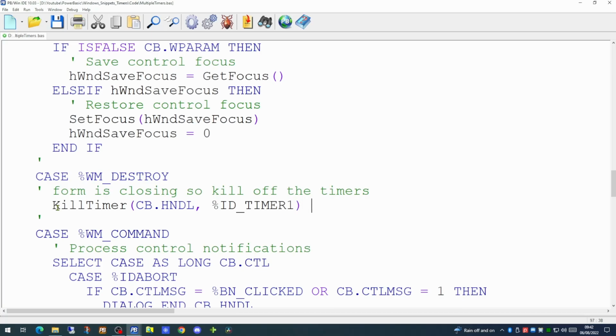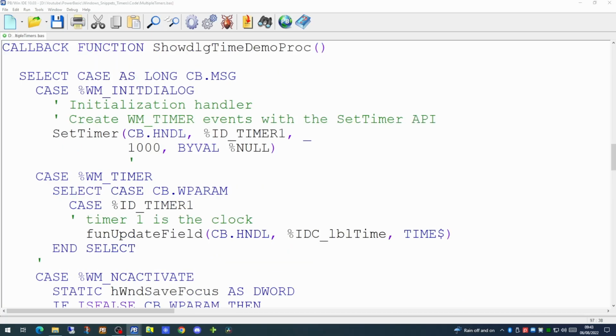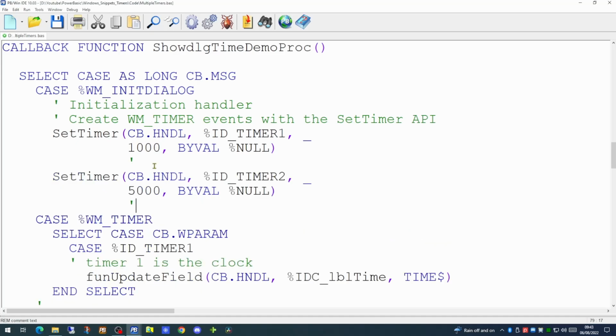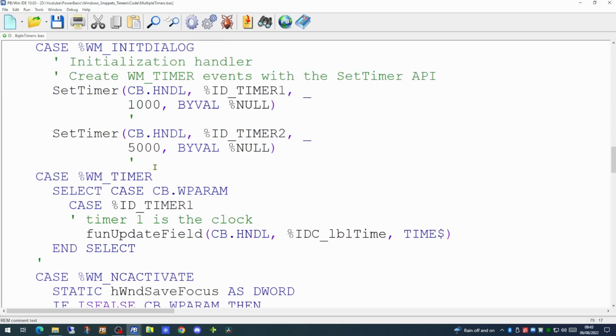So now that we have one timer running on screen, can we run a second timer quite independently of the first? As we've used the SetTimer command to create our first timer, we're going to use SetTimer again to create our second timer. And we're going to set this one to trigger every 5 seconds. So the only difference with the call to this function is we're using timer2 and our value is not 1000, it's 5000 this time because we want it to run every 5 seconds. So in our timer event, we'll need to add another case statement to handle the second timer.